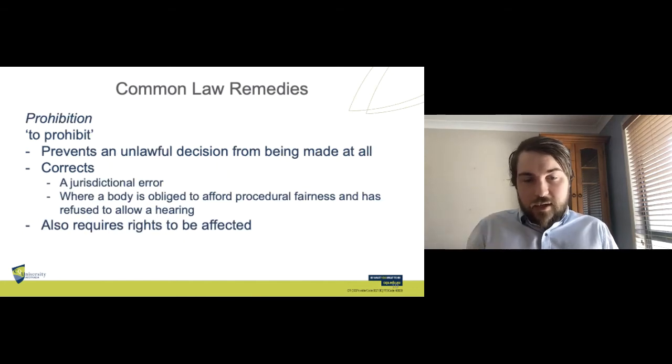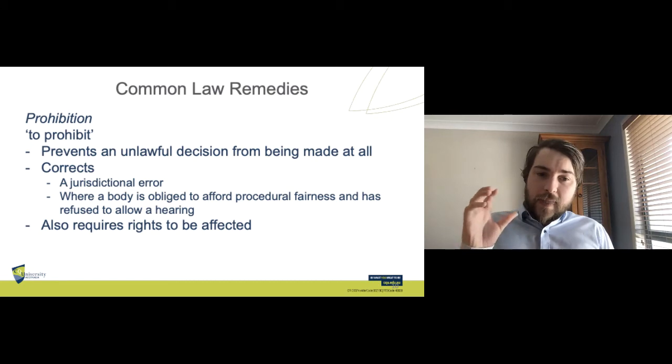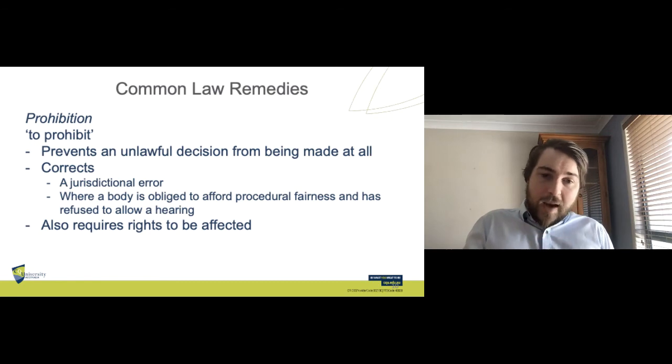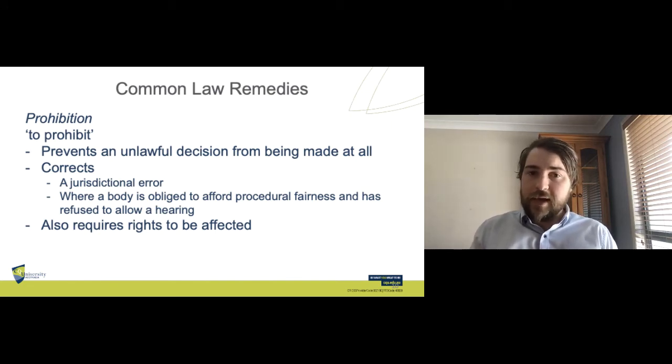The second remedy at common law is prohibition, to prohibit, obviously, and it prevents an unlawful decision from being made at all. So this is sort of the flip of certiorari, where the decision hasn't been made yet, but is about to be made, and we get in and we stop the decision being made. So we would use this, for example, to correct a jurisdictional error. So where it looks like a decision maker is about to make a decision where they actually have no authority to make that decision,